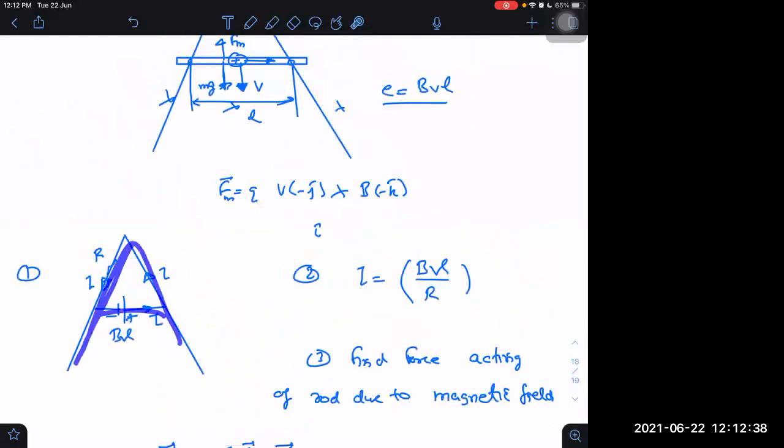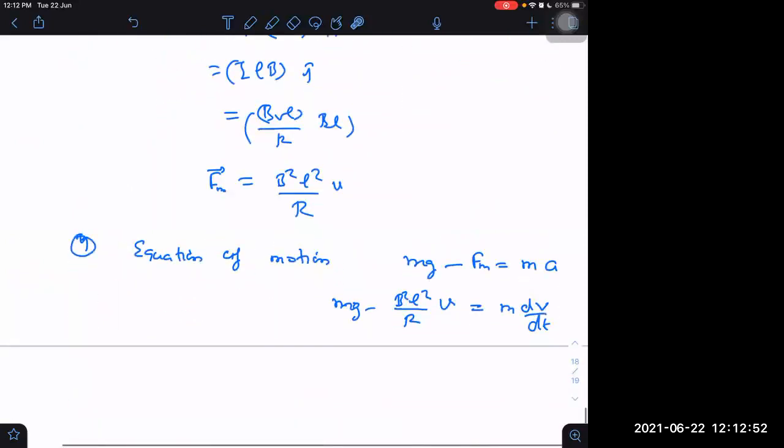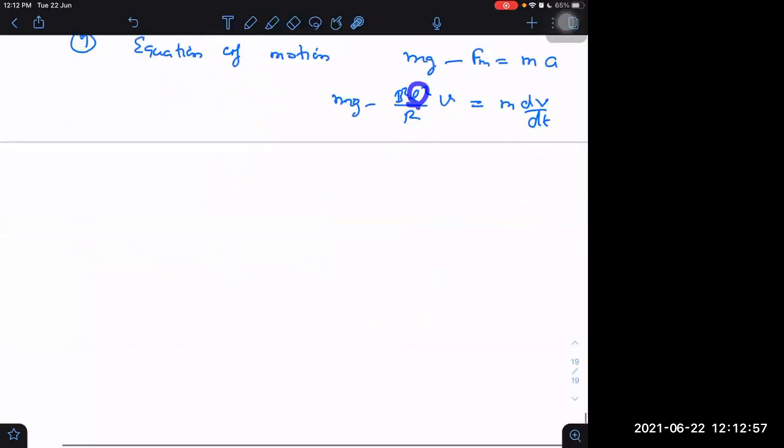Length can remain constant if I don't give you A-shaped frame, but I give you rectangular frame. Then the length between the magnetic wires will remain constant. Because if length is also varying, then it will be a more complicated problem, because I have to take care of this part also. So up to equation of motion, it is correct. After that, if you want to analyze it further, then I have to ask some simple question, not this complicated.